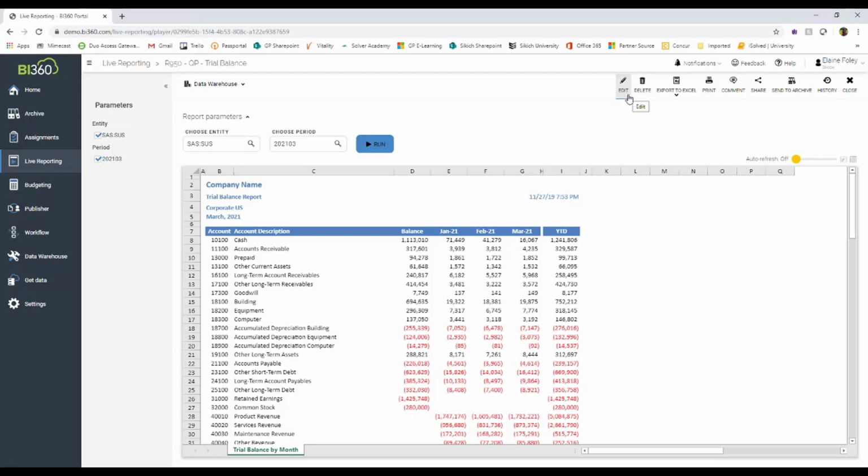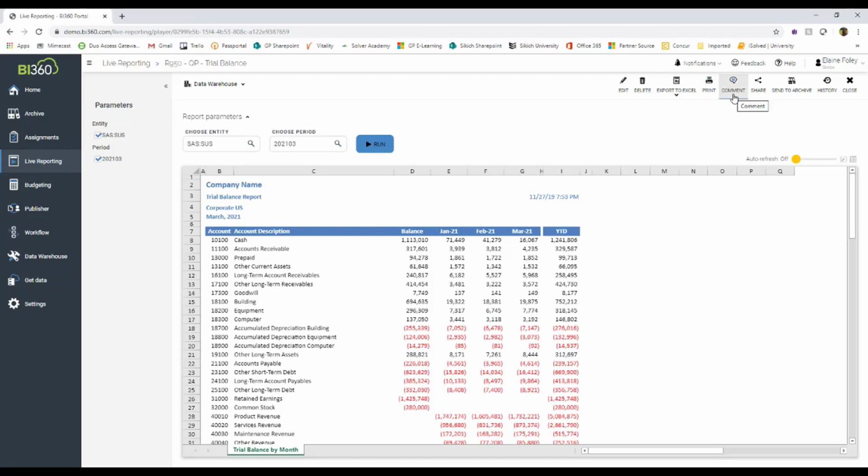The edit in Excel is going to let you edit this template, similar to the way you would when looking at these reports. Templates are all in your live reporting tab. You can also delete the report here. You can export this report to Excel, or you can download it as a PDF. This is going to give you those results. So it's going to give you this report as you run it according to whatever parameters you've chosen here. You can also print this report out,